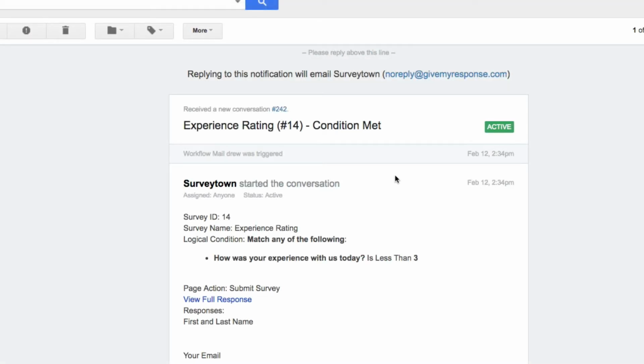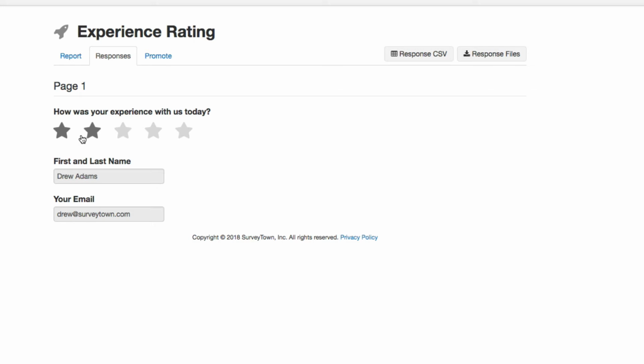Now I'm looking at a copy of the email that I received from our ticketing system, because remember the notification was sent to support at SurveyTown.com. And here's the email that I received, and you can see it's survey ID 14. The survey name is Experience Rating, which is the name that we gave it. And it's telling me that how was your experience today was less than 3. And I can click on this link to simply view the full response. And I can see it was Drew Adams, Drew at SurveyTown.com, who gave that rating